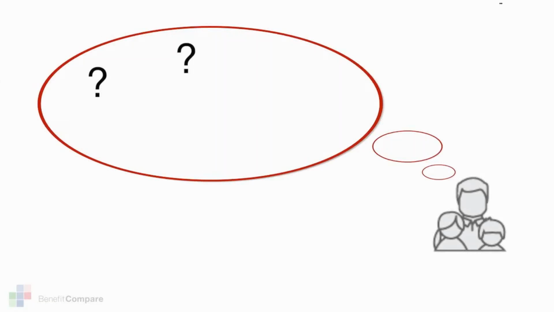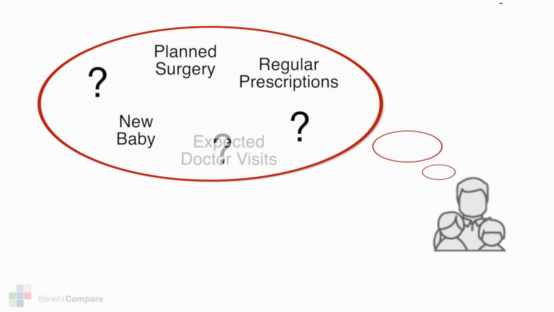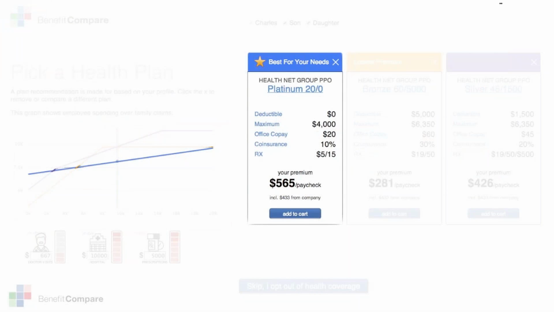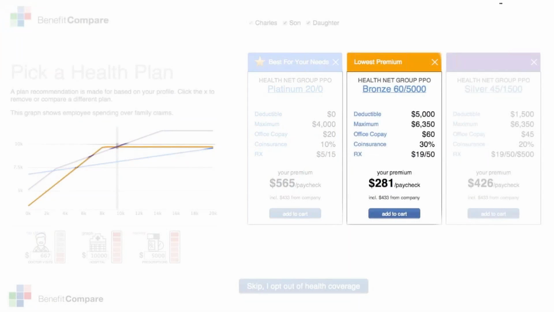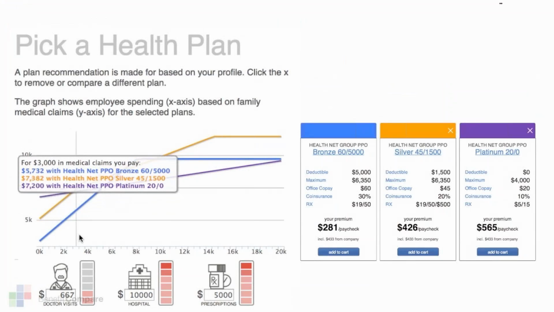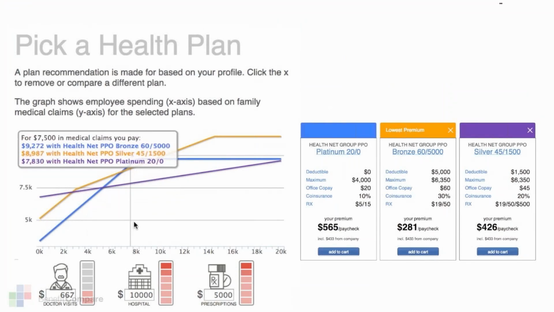Although no one can forecast the exact amount of claims you might have for the year, correctly anticipating some obvious claims can give you a really big advantage. This is further illustrated in the graph. Each of these lines on the graph corresponds with one of the 3 top plans. Now, as the amount of your anticipated claims changes, the best plan for you may change, easily identified by that